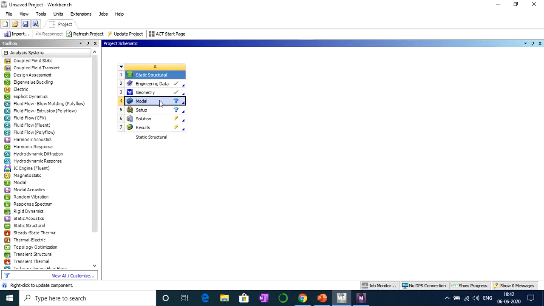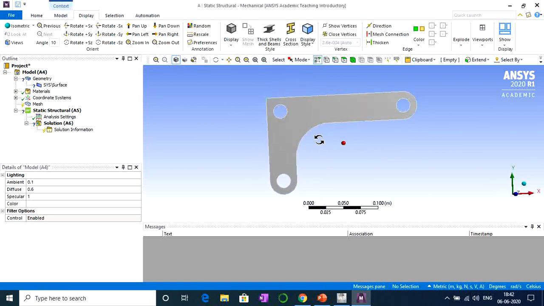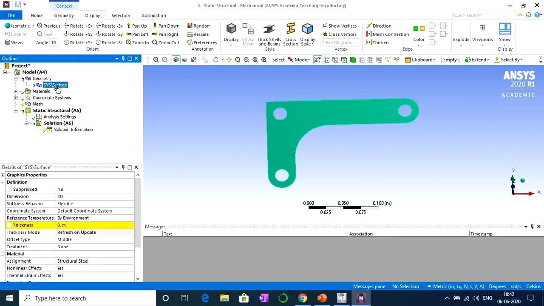Okay, so just right click on the model and open it. I already opened it here. So the SpaceClaim geometry is already imported here, and we can change some properties. You can see currently it is showing the question mark on the surface. So let's select the surface and check what's wrong with this. Okay, so it is saying that thickness is 0 meter,